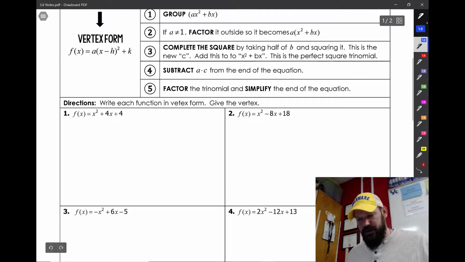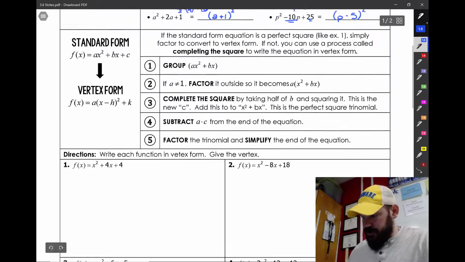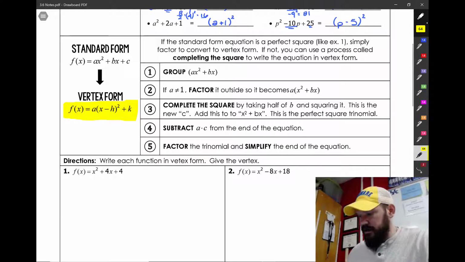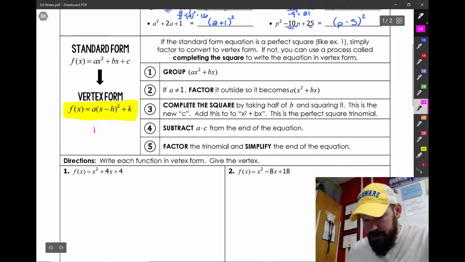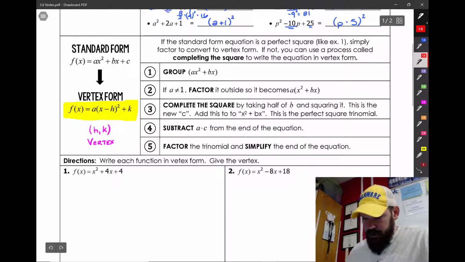So let's jump into these next examples where we're going to write the function in vertex form, and then we're also going to indicate what the vertex is. Just to refresh your memory, vertex form is a times x minus h quantity squared plus k, where h and k are the vertex of the quadratic. You can also find those graphically as well, and I'll pull up Desmos on a couple of these to show you. So with example number 1,